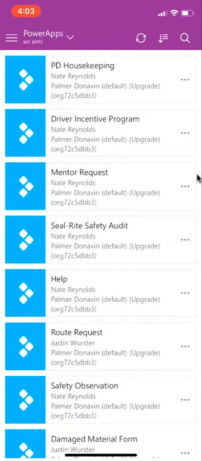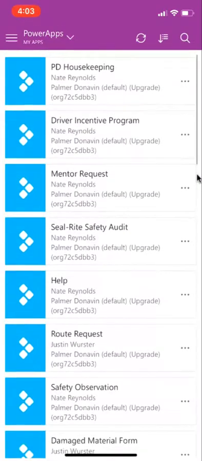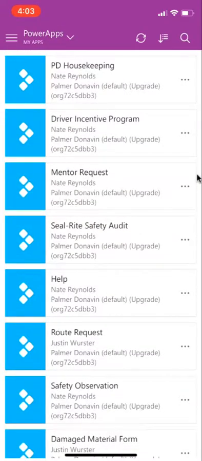Once you're in, you're going to see a list of all the applications that you have access to. I have a ton of apps because we make a lot of them, so mine isn't a good example, but if you had access to any multitude of apps, you would just see them here. The one we're going to be talking about today is the driver incentive program application. You'll see this is the second one down for me. It will most likely be the first one that you see when you open up the Power Apps application. So I can click this,